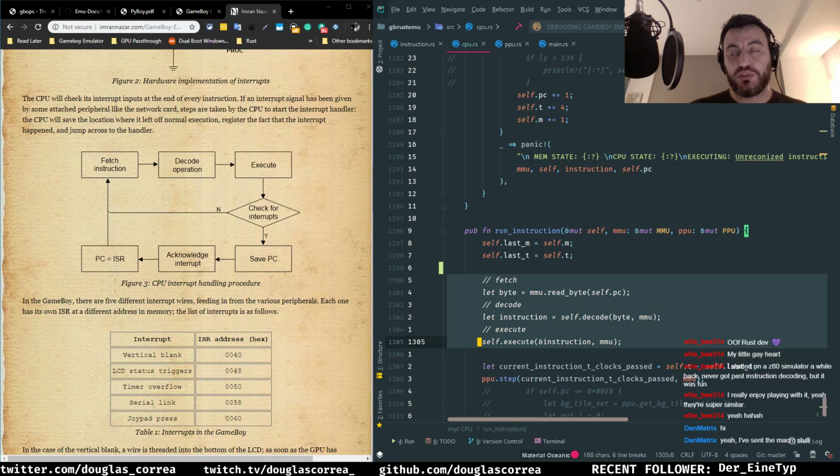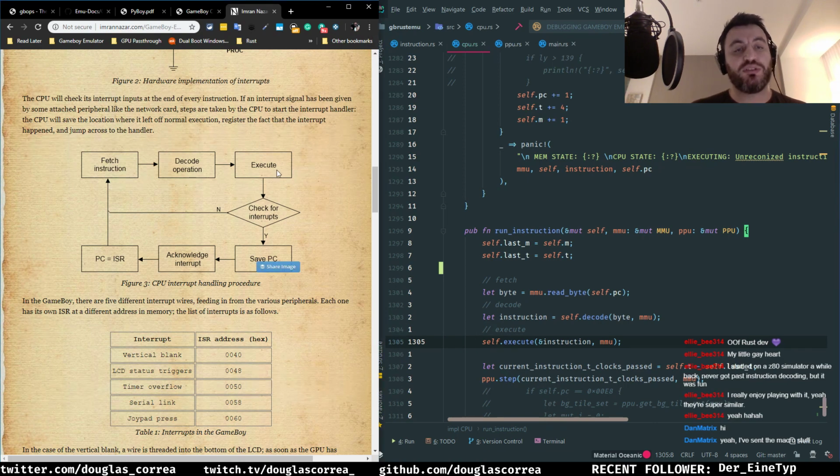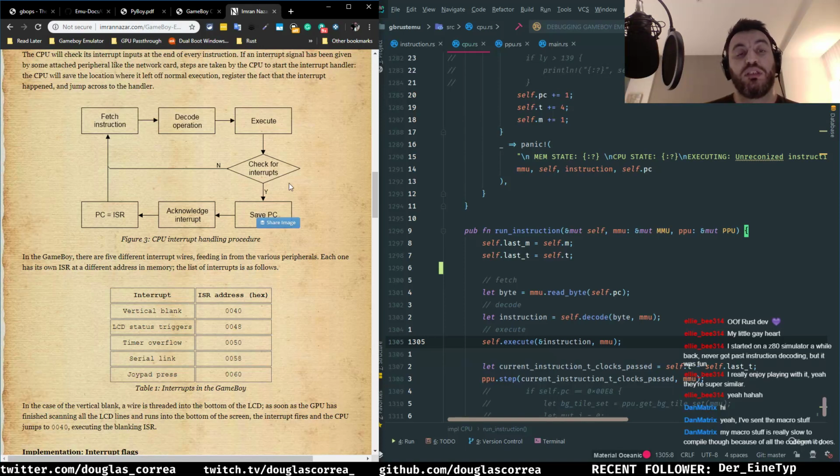This is the most important part of a CPU. So here: fetch the instruction, decode the operation, execute. When we implement interrupts, it will be a new step in the process where we will check if